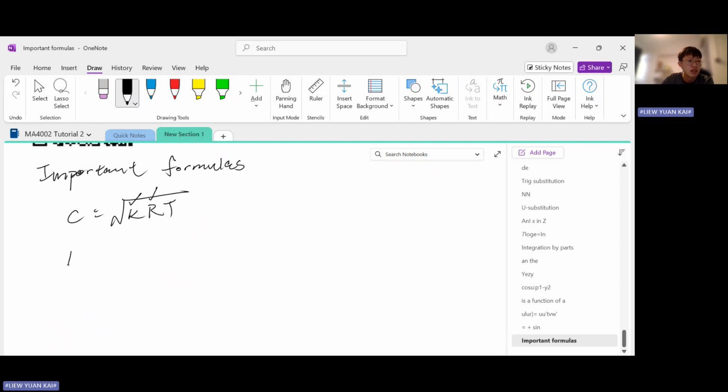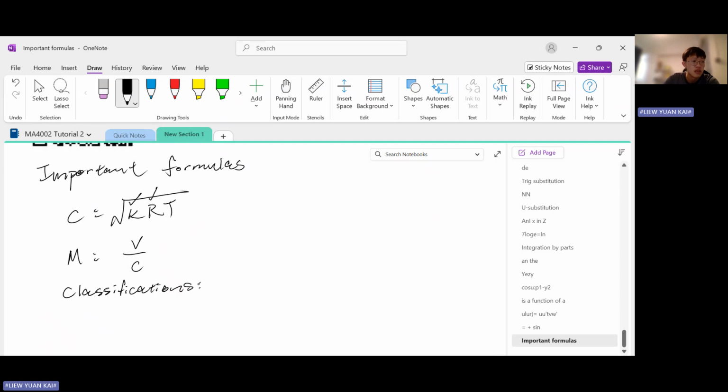The next formula that you need to know is the Mach number. This is a number which gives you a rough idea of the velocity of the gas, so how fast the gas is moving. You can see that this is the velocity of the gas, the bulk fluid motion of the gas, as a ratio of the speed of sound. Mach number is a dimensionless number which indicates the speed of the gas. From the Mach number, we have different classifications of the compressible flow.